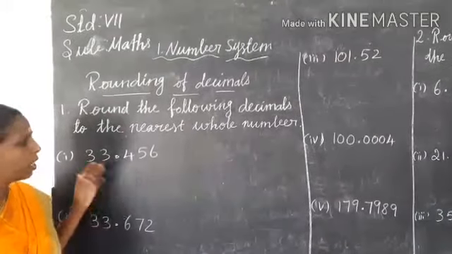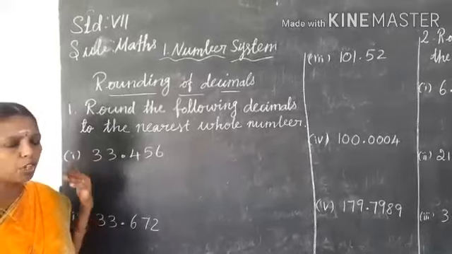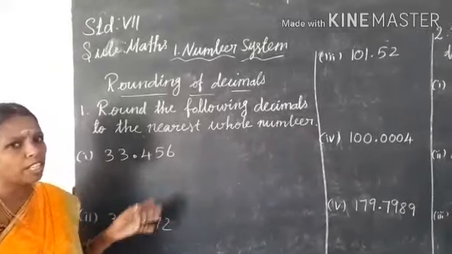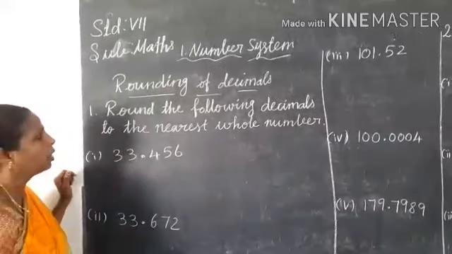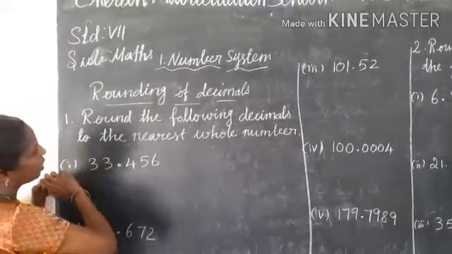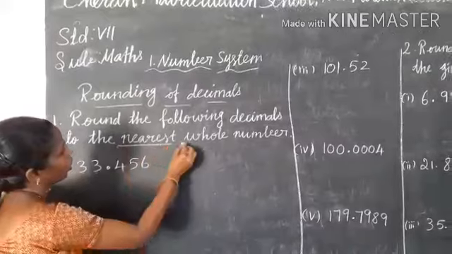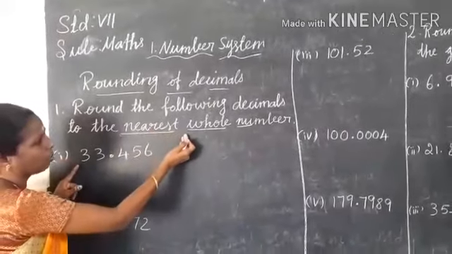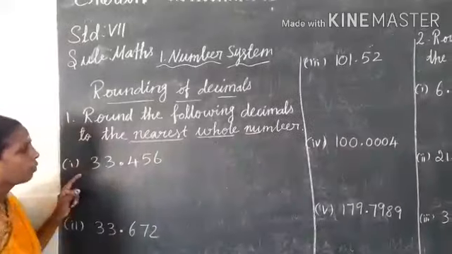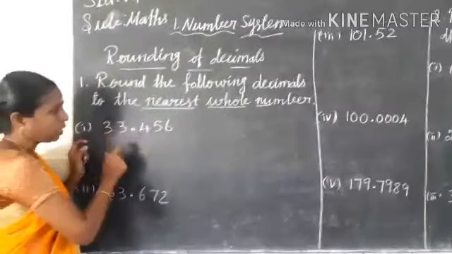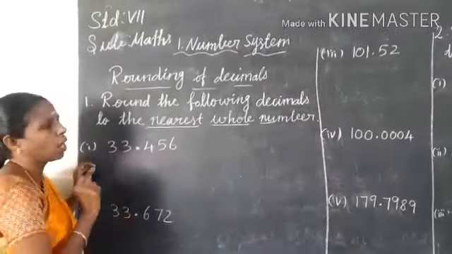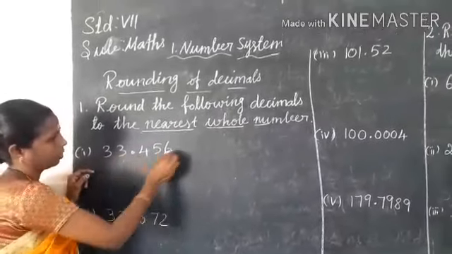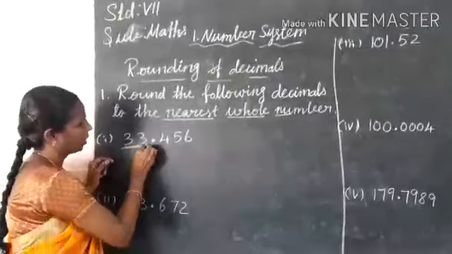To calculate easily and to keep it in our mind for a long time, we can round the given decimal number. Okay, we have some rules for this. First, what's the question? They told us to round the given decimal to the nearest whole number. First step, which one do we want to round? We have to underline that. So we want to round the whole number, so underline the whole number.